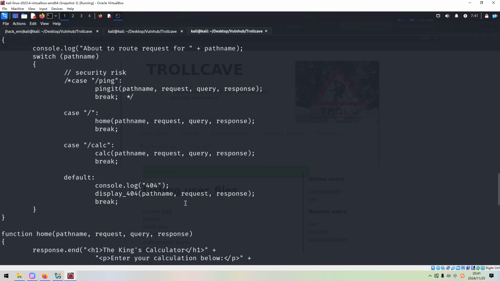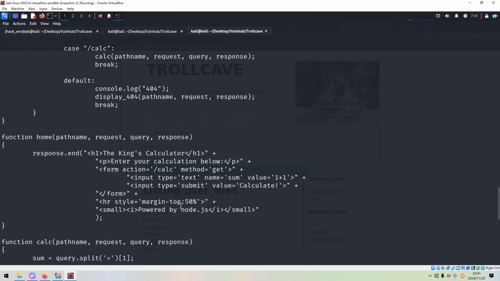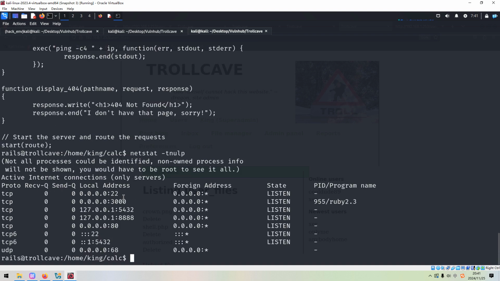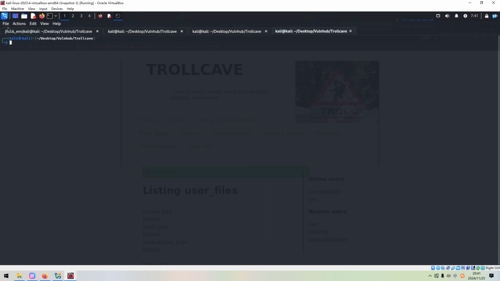And there is a function, eval. So next, I think we need to exploit this function for our purpose. So maybe first of all, we need to set up the port forwarding.